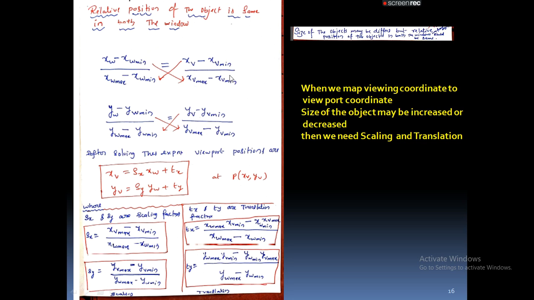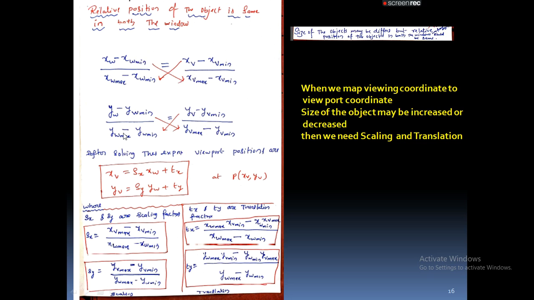I will repeat the first formula I wrote, with respect to the x-axis. The left side of the equal to operator is with respect to the clipping window. The right side of the equal to operator is called the coordinates with respect to the viewport and its x-axis. Now we need to cross multiply this.